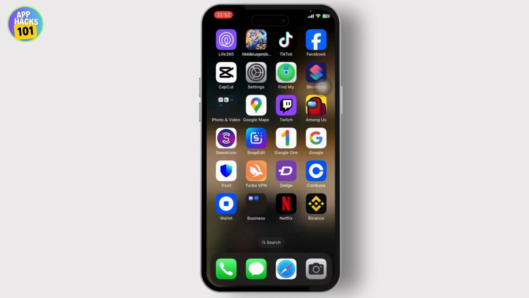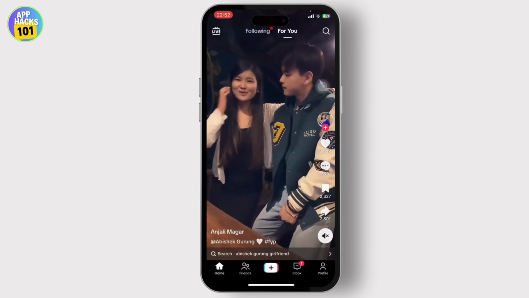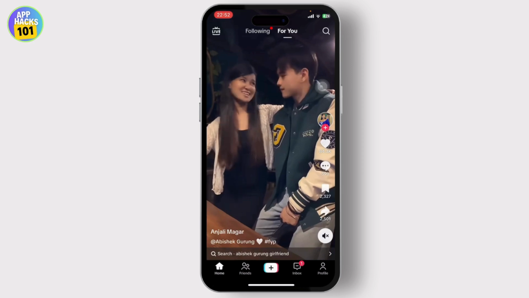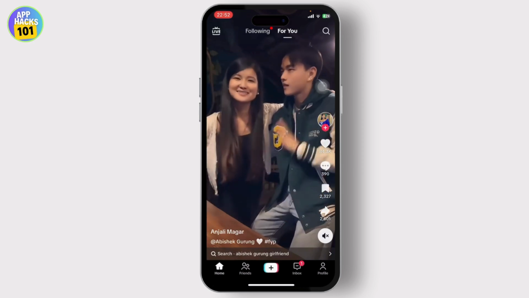In today's video I'll teach you guys how you can upload video to your TikTok on your mobile. So let's get started. First, open up your TikTok. After you open your TikTok, you will see the plus icon on the middle. Tap on it,